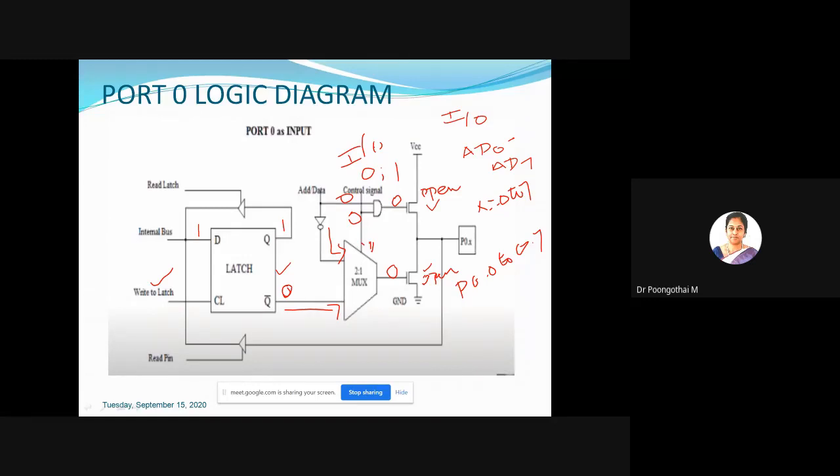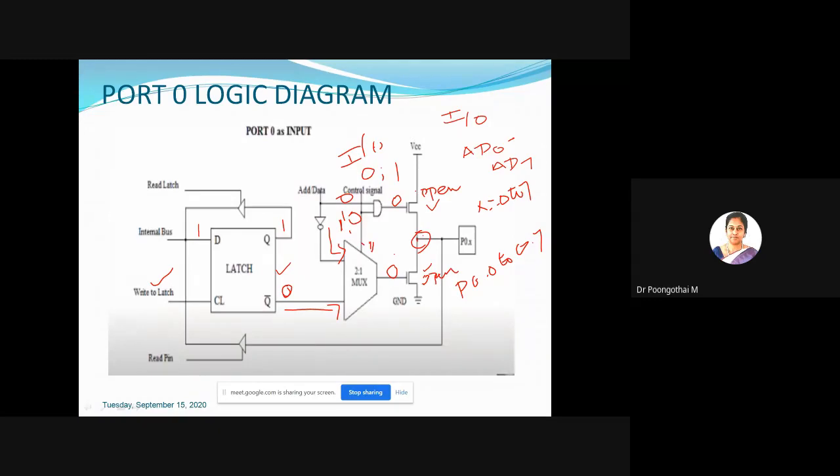So the output of this mux is 0. Here the control signal is 0, and 0 AND with 0 gives output 0. So both the transistors are in off state. If I measure the voltage at this point, what is the status here? What is the voltage at this point?